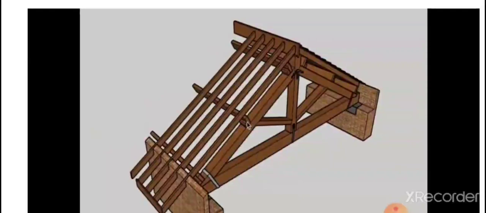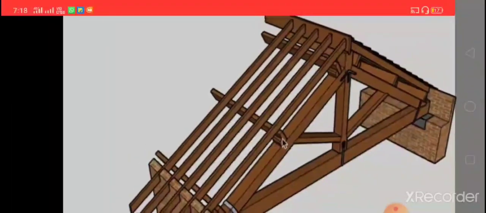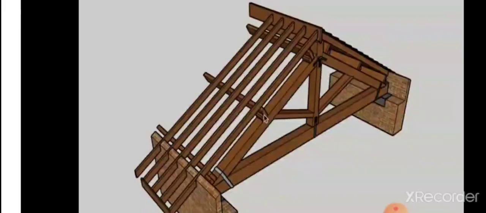Actually, sometimes we provide purlins more than the length of the room, 10 centimeters more at the beginning and 10 centimeters more towards the end. So if the length of the room is 5 meters, the length of the purlin will be 5.2 meters: 10 centimeter extension at the end and 10 centimeter extension at the beginning. So the purlins are laid along the length of the room.